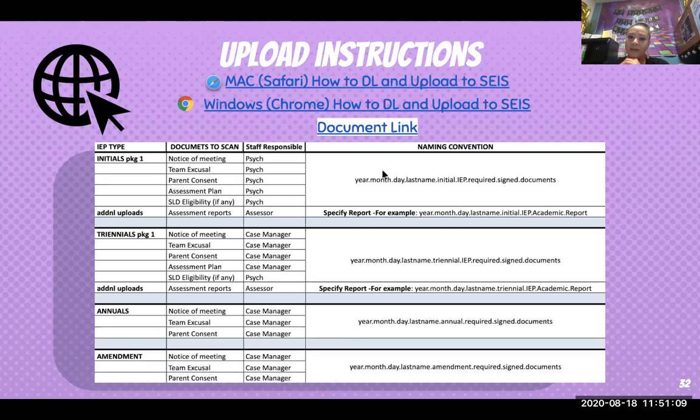But part of that process is, as we're starting to look through IEPs, we want to make sure that we have original signatures for assessment plans, for notice of meeting, for the consent to the actual IEP or onto an amendment. So having all of that evidence and all of that data in SEIS is easier for you guys as teachers or any other case managers that may be receiving the student after you leave, even if they leave Fremont, because there are different states that use SEIS as well.